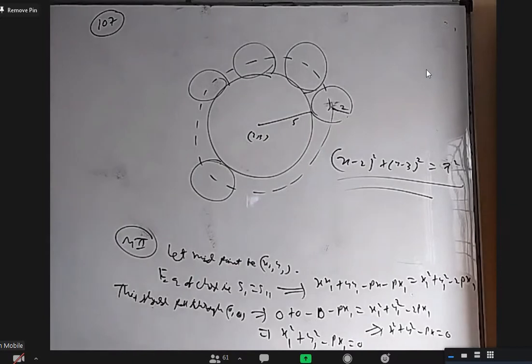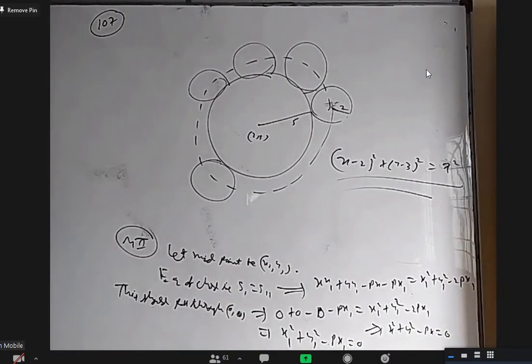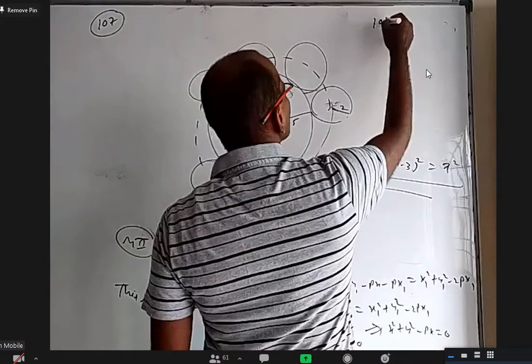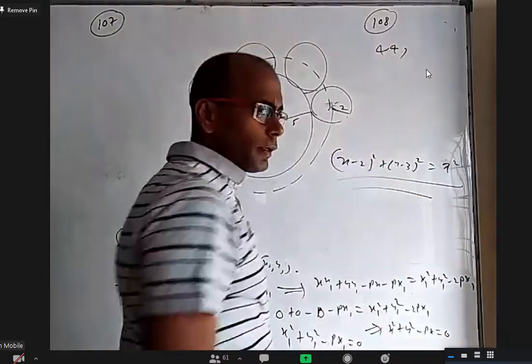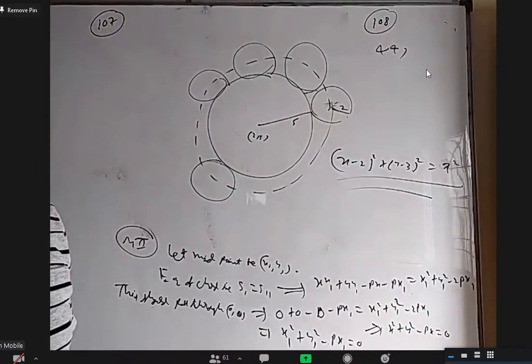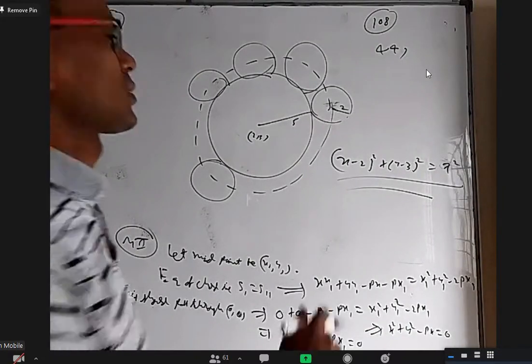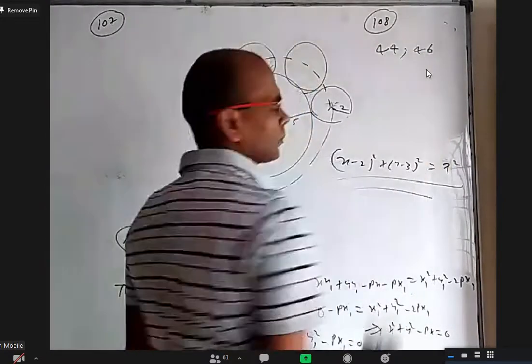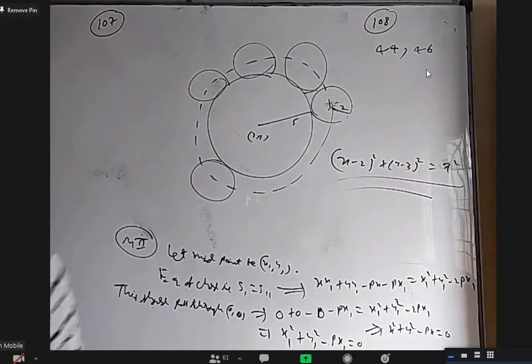Okay, this is 107. Any other doubt, anybody? Please just tell me the number. Sir, 44 and 46. Sir, 108. 108. Okay. Somebody said 44 and 46, sir. 46. Okay, 46 did I discuss just now? It's okay, we'll see. Any other doubt, anybody? Number, just tell the numbers. Sir, 97. 97, okay.